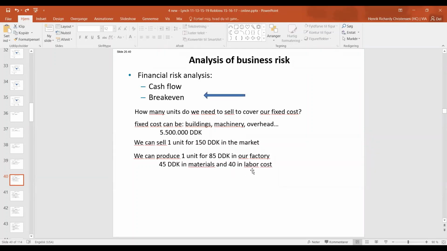And since we pay 160 an hour, spending 15 minutes is equal to 40 Danish. So these are the variable costs: 45 for materials and 40 in labor cost. So each time we produce one, we have to pay these materials and these labor costs. So these 85 Danish,